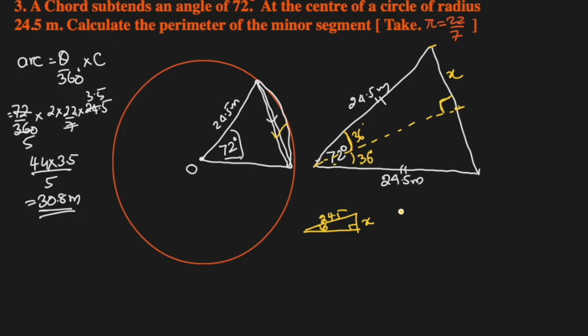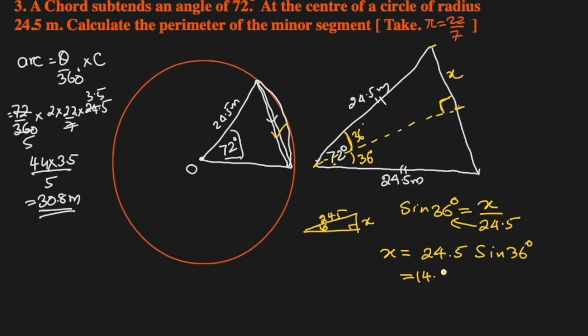We can use sine. Sine 36 degrees equals opposite over hypotenuse. By cross multiplication, x is equal to 24.5 sine 36 degrees. It comes out to be 14.4 meters. So this is 14.4. This will also be 14.4. That means this chord will be 2 times 14.4, which is